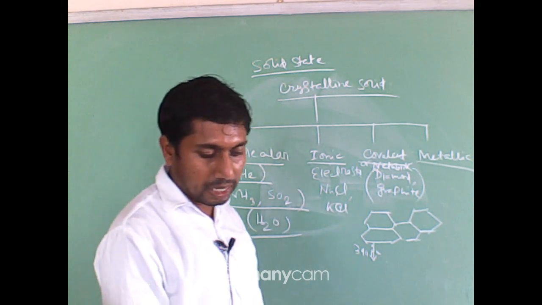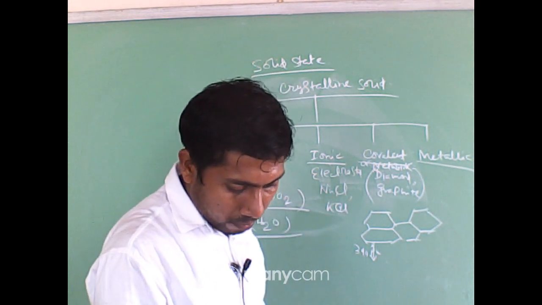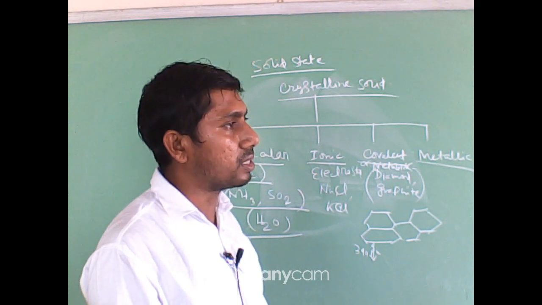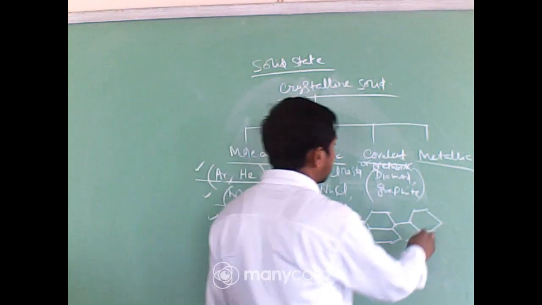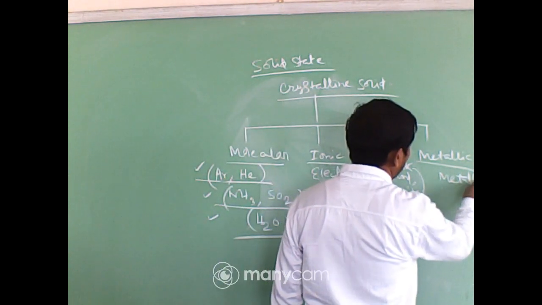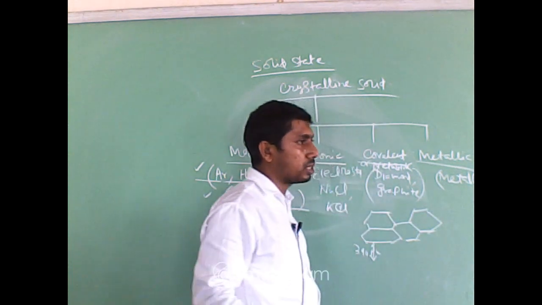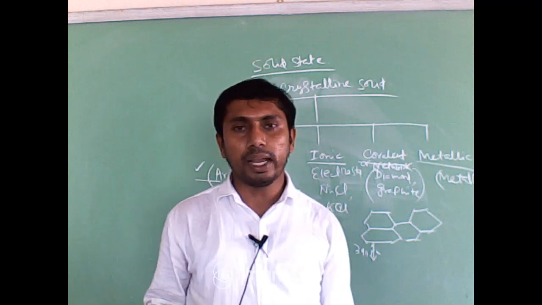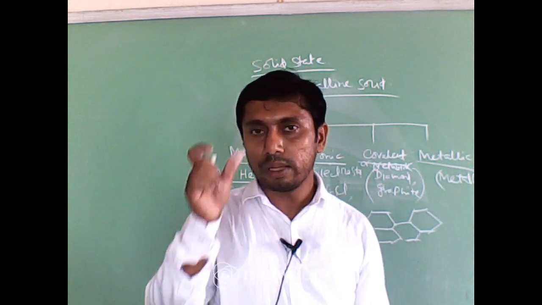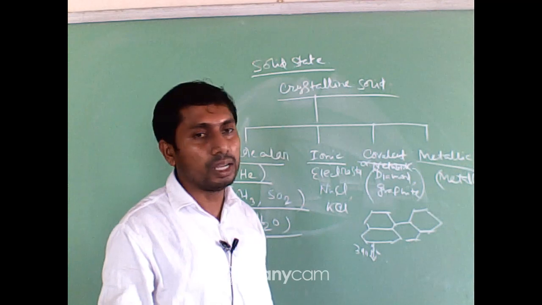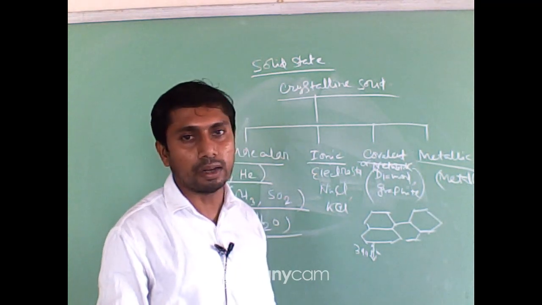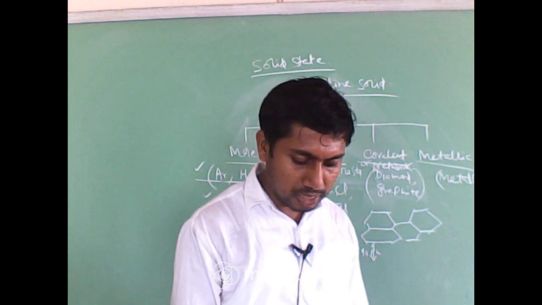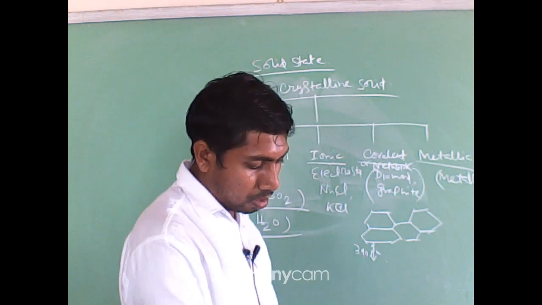Next one, the metallic solid, that is metals. Basically the structure of metal, that is iron, copper, these are under the metallic solid. What is the force involved here? Here the force is just that of free electrons. This is the bonding between the d electrons or the free electrons. These free electrons form a bonding between the metal particles or metal atoms. So, these are the different kinds of crystal.